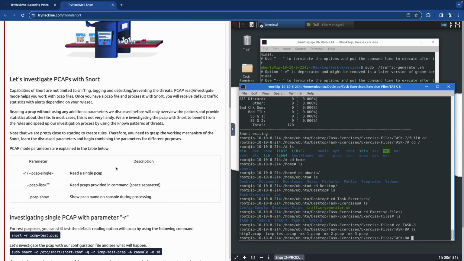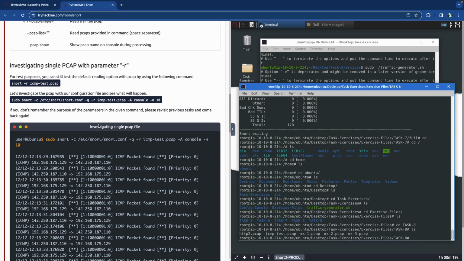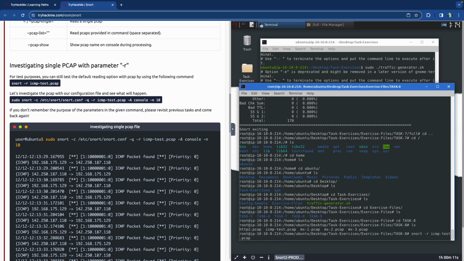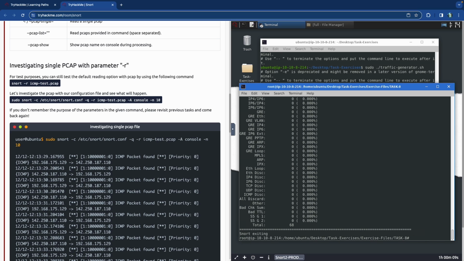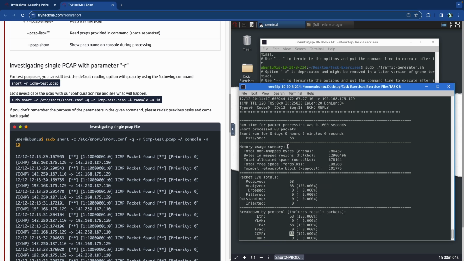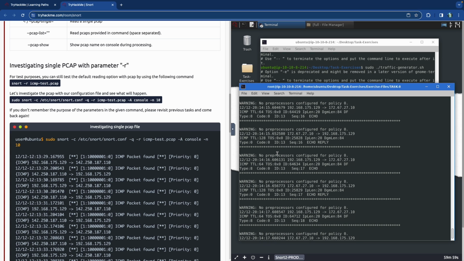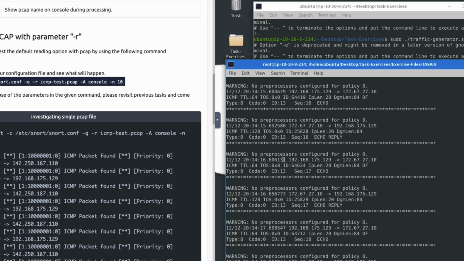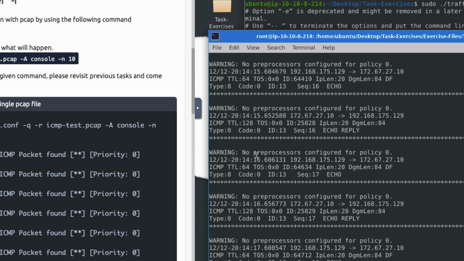So if we went at the very top and it told us to, what is it? Snort read PCAP. So if we just do snort -r icmp-test.pcap, and there it is. So 68 total packets. They are IP4 and ICMP packets. And if we just kind of go through them, so let's see, it is